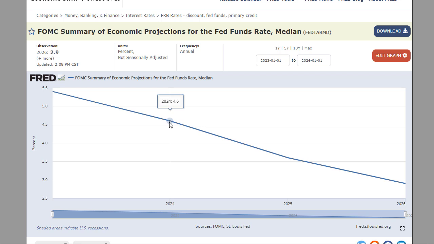But this is the part that gets a little bit more nerve-wracking, is that we're now looking out to 2025 that we could see it drop to 3.6%. So if we're going to go from 3.6 to 5.37, we're talking about a 1.5% drop, and then as we go up to 2026, all the way to 2.9. So if we're dropping to 2.9% by the end of 2026, this is a big indication that we're going to